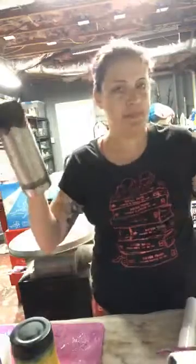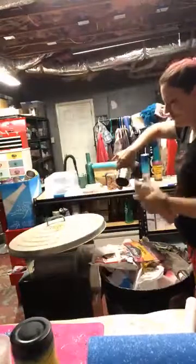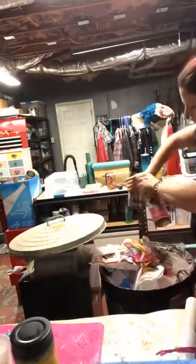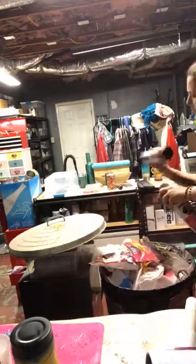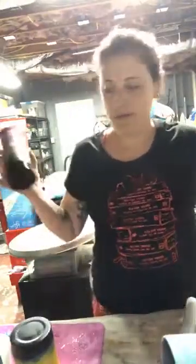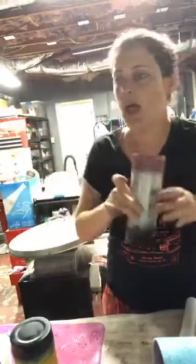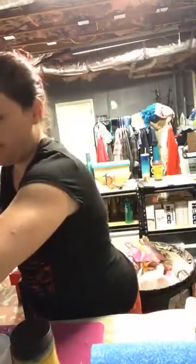So there is my black. And then my pink. And a pink rim. So, and I am going to let this dry for a bit. Right here. And while that is drying,